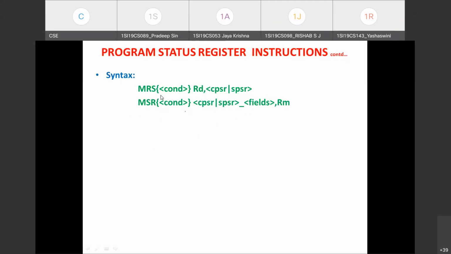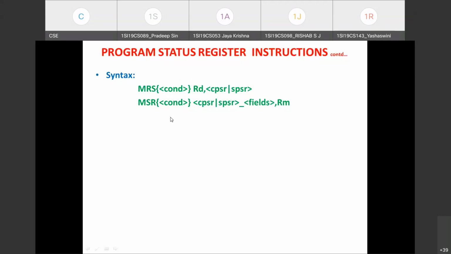Hope the syntax for the MRS instruction is clear. We specify the mnemonic MRS, and then the condition attribute, which is optional. Then give a space, specify the destination register, comma, and then you specify either CPSR or SPSR. So MRS is a two operand instruction. Similar to MRS, MSR is also a two operand instruction.